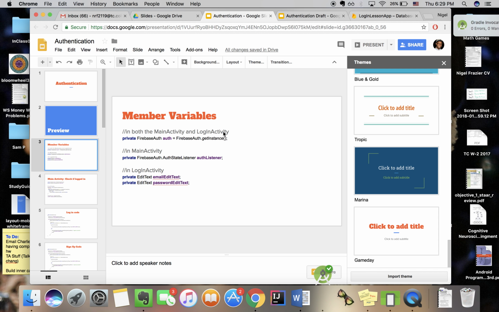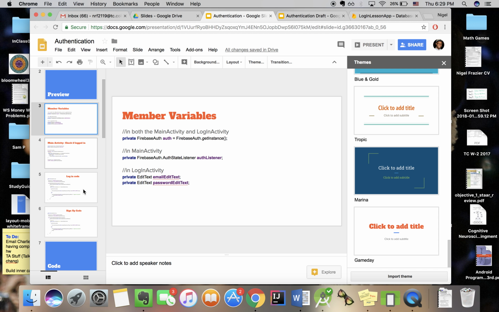We're going to see that within both the main activity and login activity, we have a Firebase auth object, for authorizer, I like to think of it as. And in the main activity, we're going to have an auth state listener, which is basically going to be listening as to whether someone is logged in or not. And then in the login activity, we're going to have two edit texts for the email and the password. All right, so